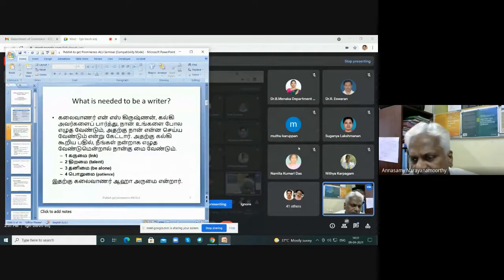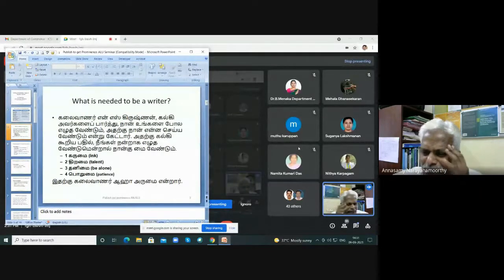So these are the 3 qualities. I said yesterday, you don't need a great brain for writing a proposal. Similarly, I'm saying you don't need a great brain for writing a paper, also in a great journal. What you need is